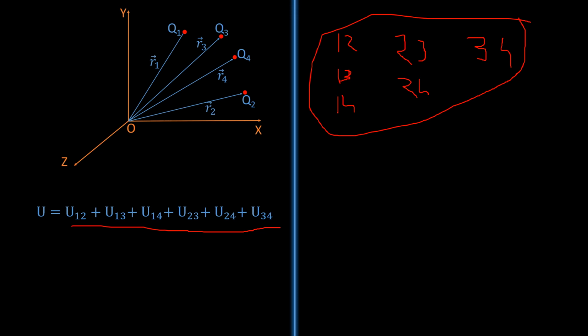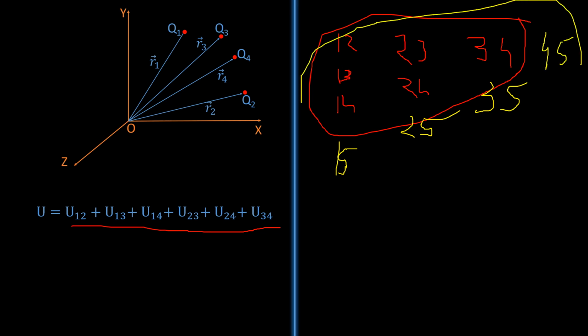What if you have one more charge? What if you have a 5 charge system? In that case, you will have 1-5 here, you will have 2-5 here, you will have 3-5 here, and one more possible pair, 4-5. So for a 5 charge system you are adding 4 more pairs, so the total will be 10 pairs.